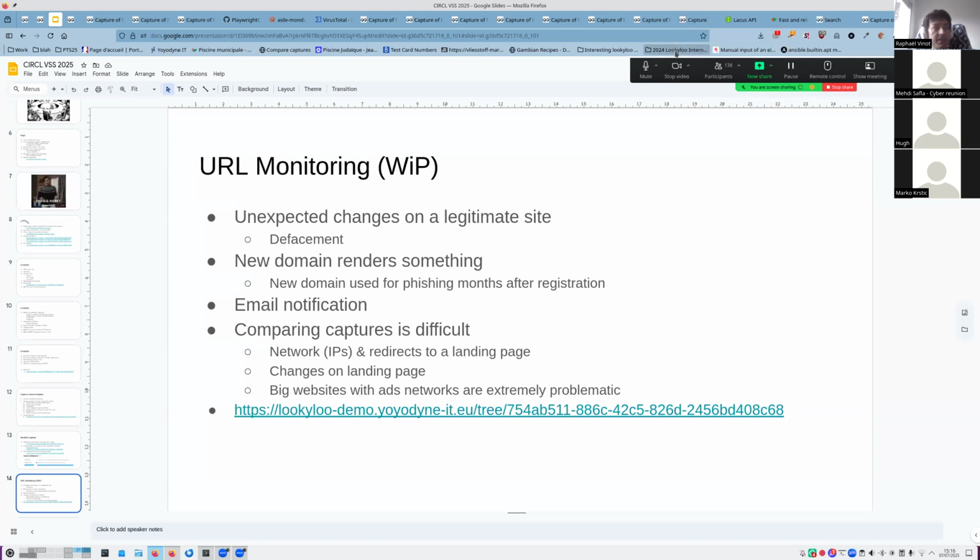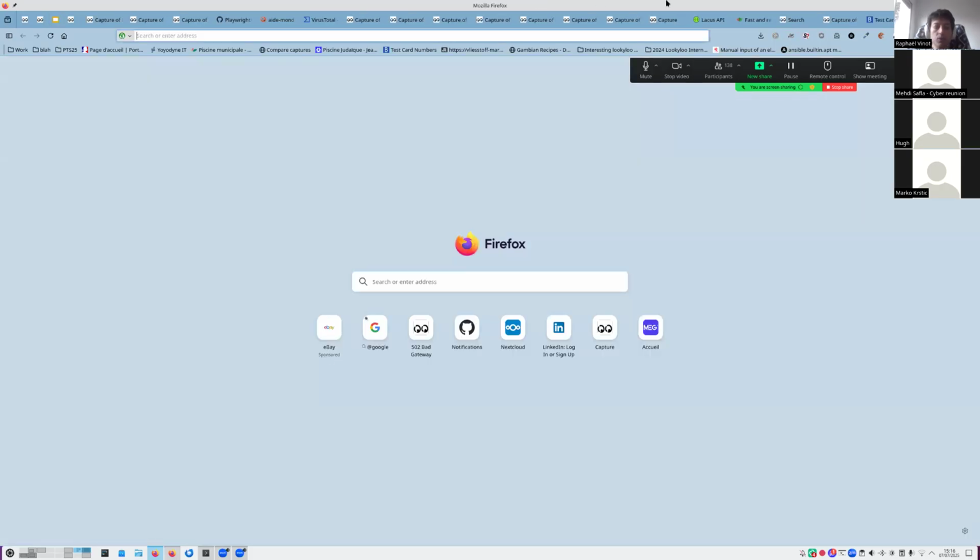Another use case is defacement. If you manage a website, and you want to be informed when something changed on it. Generally, defacement will change a lot of things on the page, so it's going to be fairly obvious that something bad happened. But comparing captures is still quite complicated. I'm going to show you